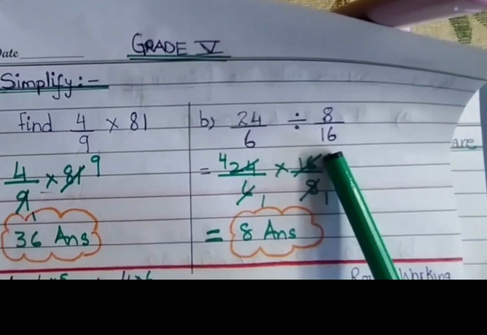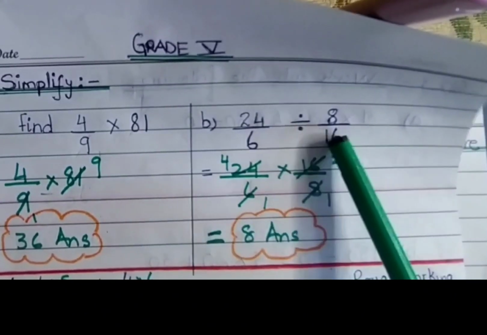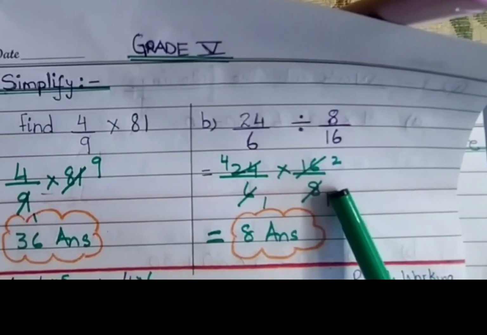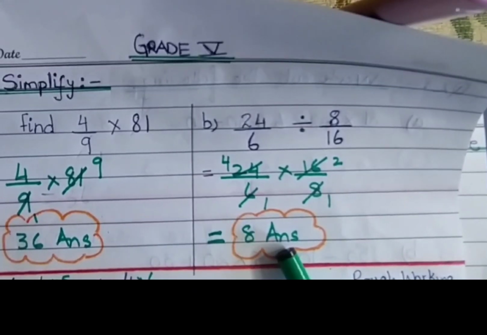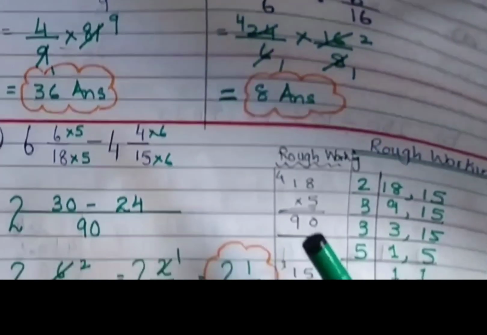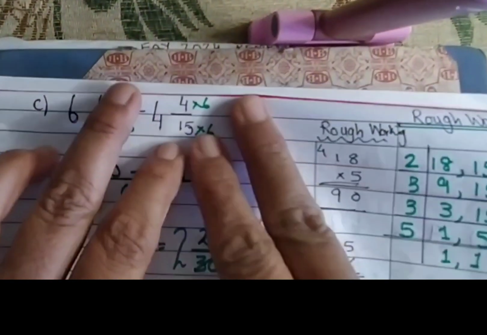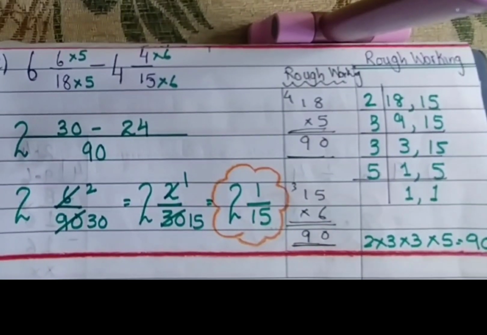Over here we have a division sum. So we have copied the same number. 8 upon 16 becomes 16 upon 8, and then we did the cancellation and we got 8 as the answer. Now moving ahead with the third question. Okay, the third question is this question: